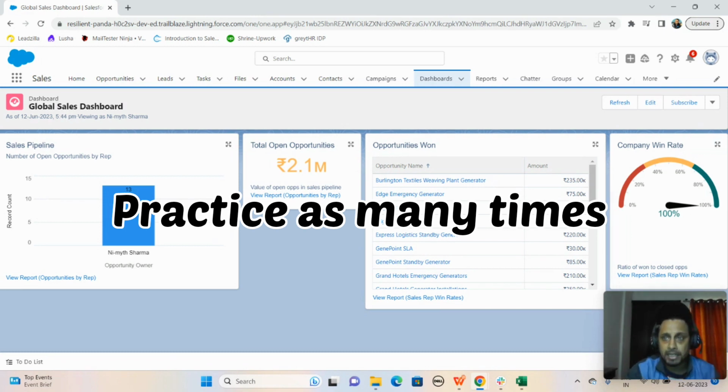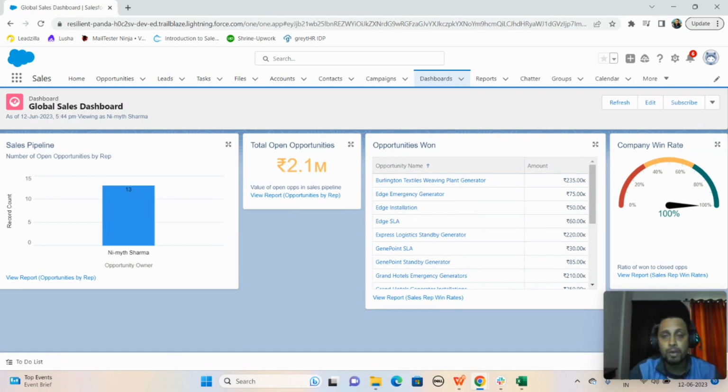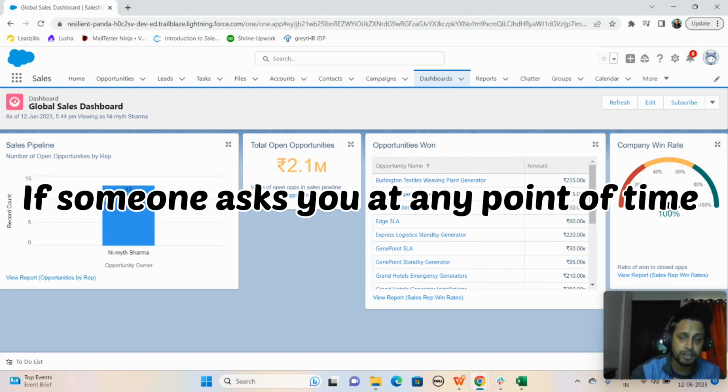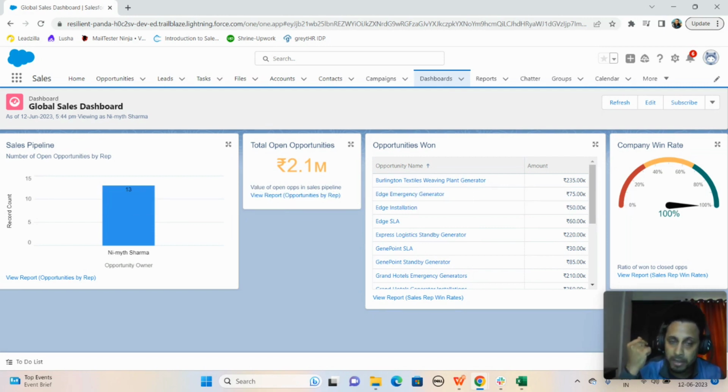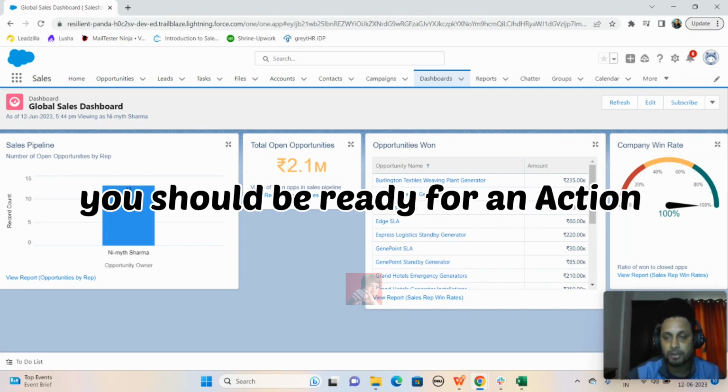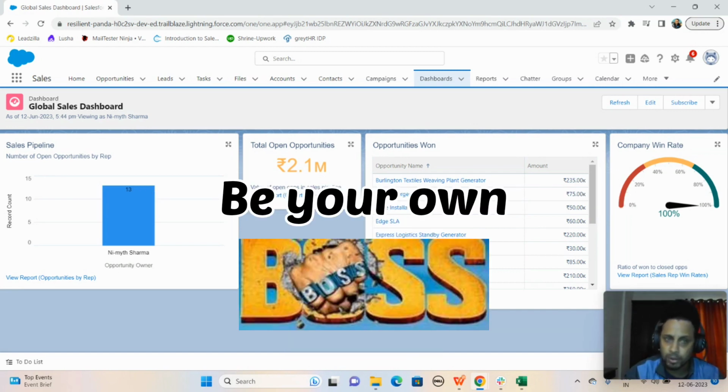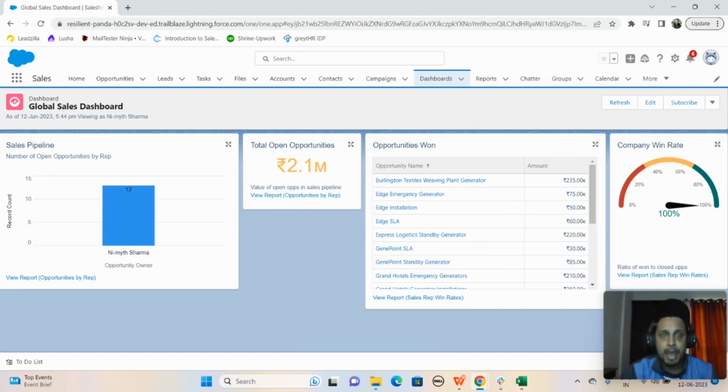सो गाइज आई वुड से अगेन प्रैक्टिस अ लॉट, इसको बार बार प्रैक्टिस करो। मैं दोबारा फिर बोलता हूँ, मेरे वीडियोस को बार बार देखो, प्रैक्टिस करो। Everyone is not perfect, but yes, you can make yourself perfect. If someone asks you any glimpse of time, किसी ने भी पूछ ले एकदम से, तो आप बना तो सकते हो आप। खुद का बॉस बनो भाई, यू शुड मेक योर ओन। राइट,